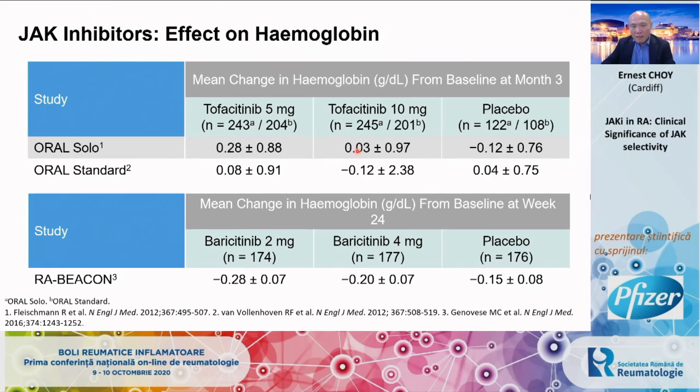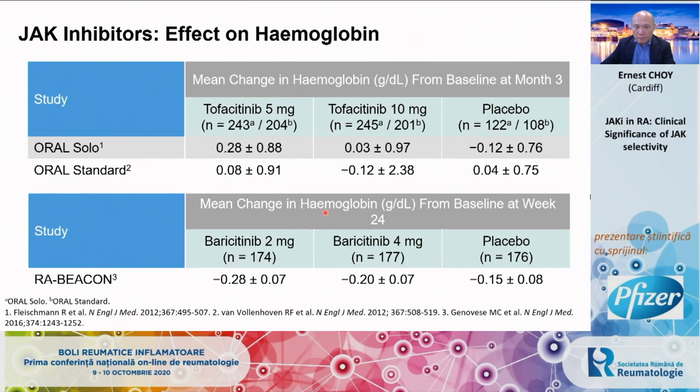In fact, the trend is in the opposite direction. There's a smaller increase in hemoglobin when high doses of Tofacitinib are used,